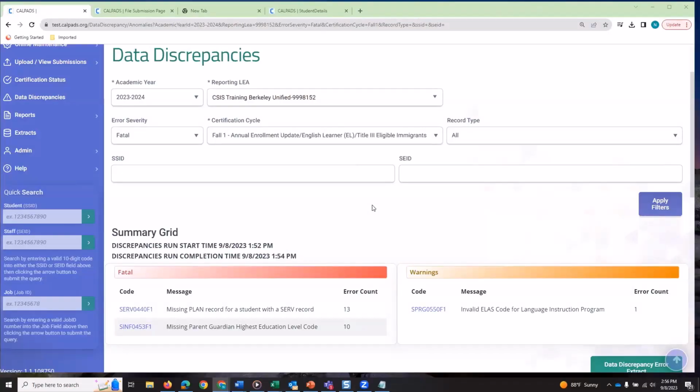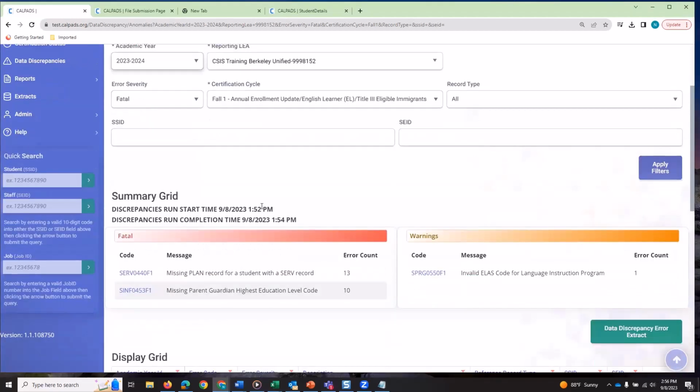Okay, so talking about system processing, any changes within this 5-year period, right? So it could be historical data in the ODS, it could be data that affects future years, can trigger data discrepancies. Once it's posted to CALPADS, it can trigger a data discrepancy. And so as you're submitting data via batch file or online maintenance, you have to be conscious of this discrepancy